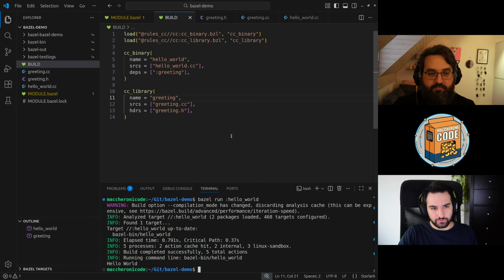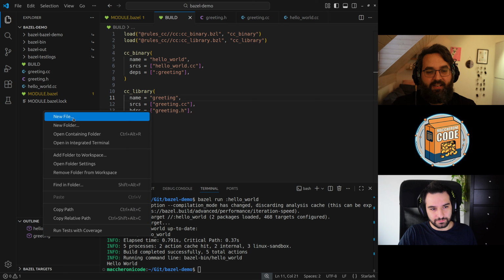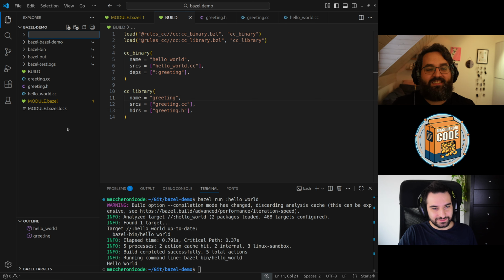Okay, now you have multiple files. The main functionality of the code is separated. But what if I want to create a more structured project with some subfolder or so on? There is some magic that we can use. Yeah. Well, no magic in Bazel. It's all explicitly defined. So you just create your folder.